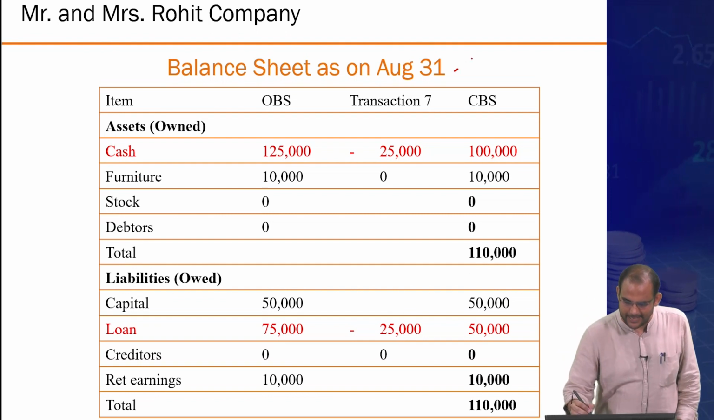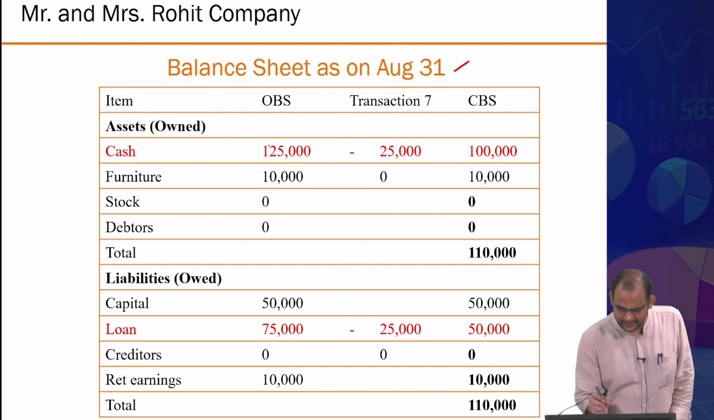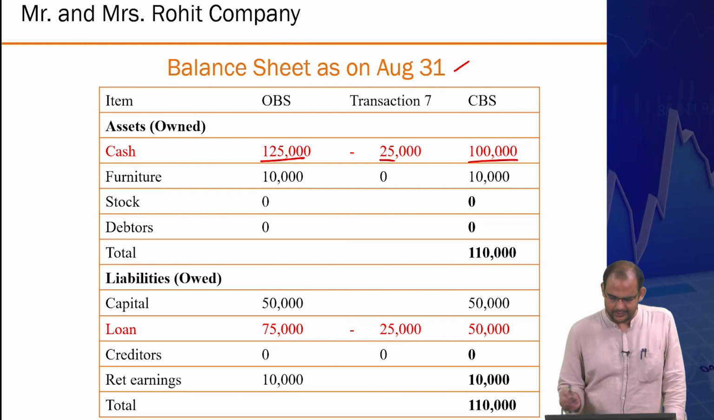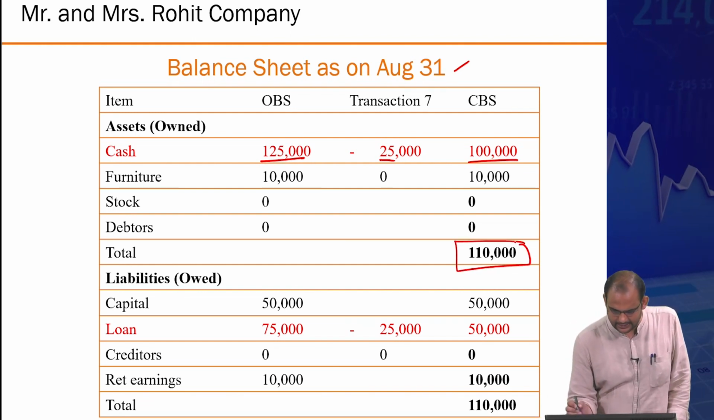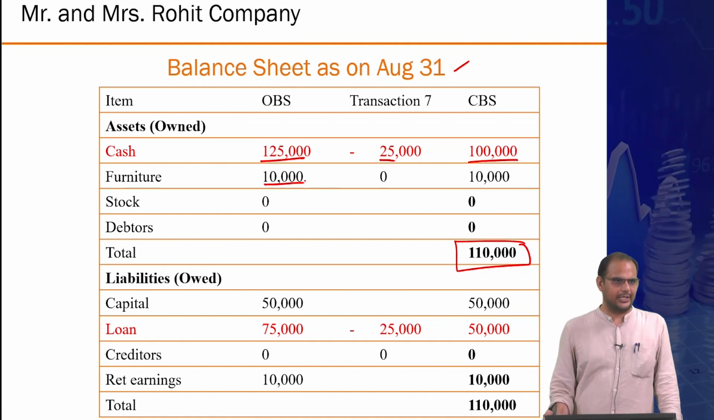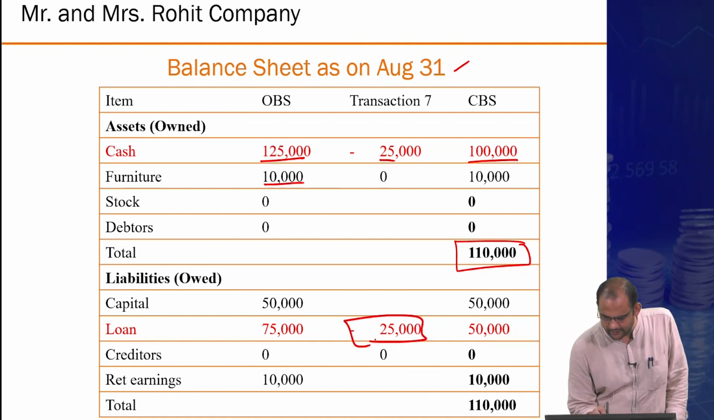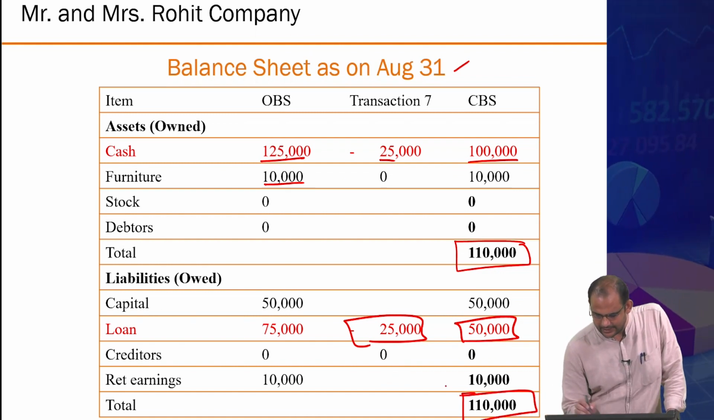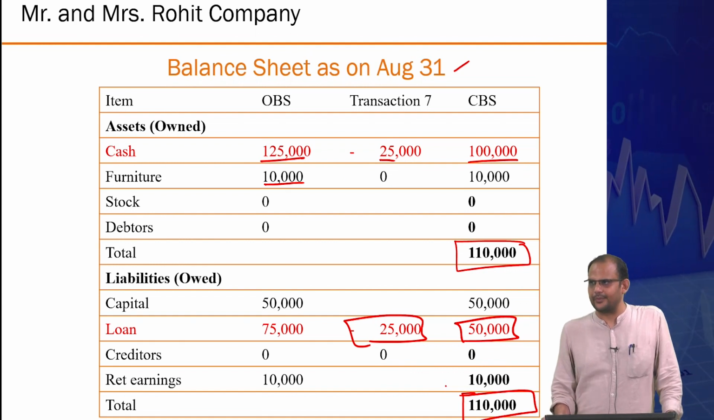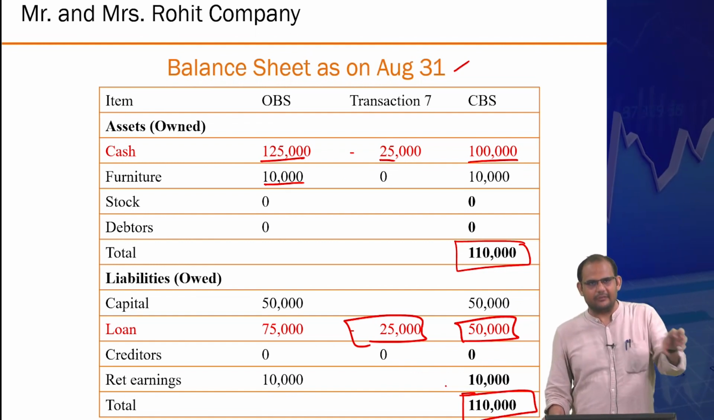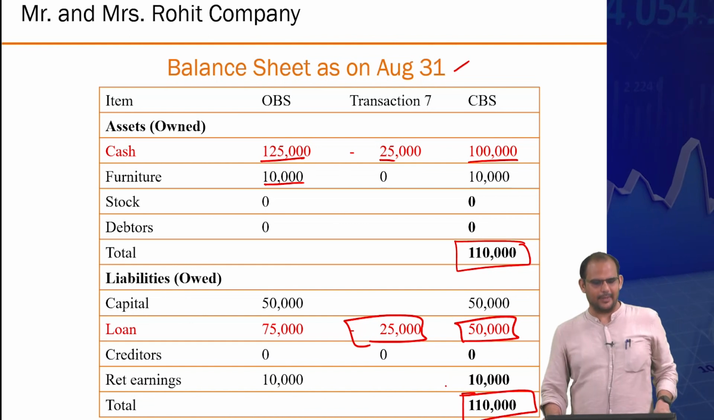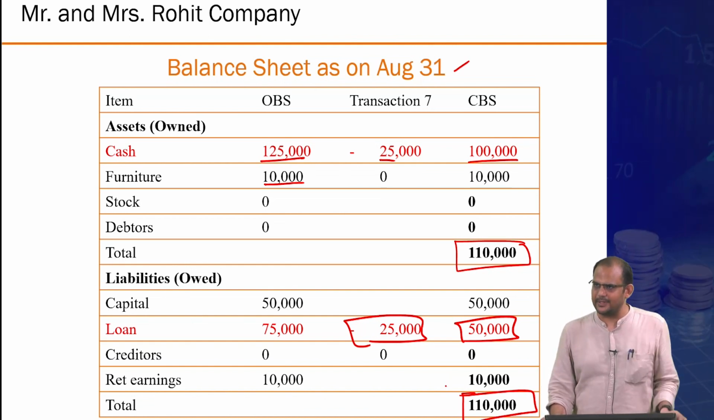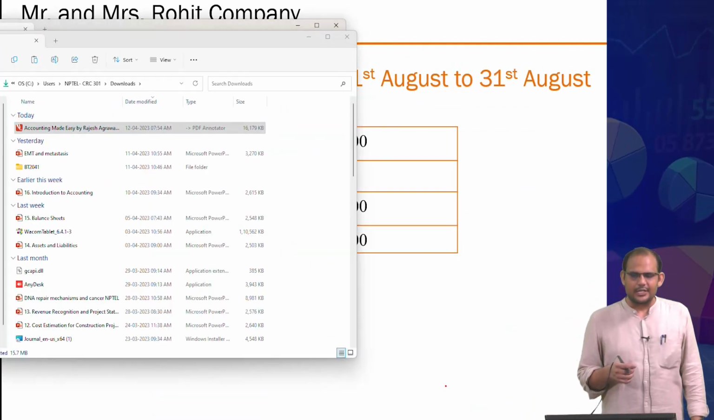Alright. So the balance sheet as of August 31st: cash goes down by 25,000, becomes 100,000. The total is still 110,000 because you have this 10,000 furniture. Your loan goes down by 25,000. Now the loan amount is at 50,000 rupees. The total liabilities are also 110,000. Make sense? So your company inflated, now coming down a little bit, but you got money out of it. The whole transaction, you got a 10,000 rupees profit out of it. So the income